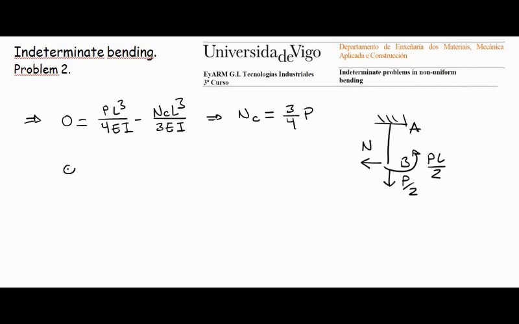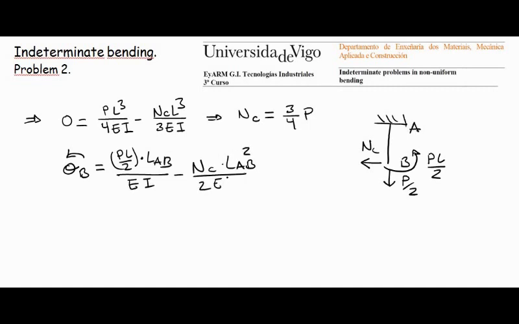So this slope of B counterclockwise is equal to PL squared divided by EI, minus N sub C multiplied by L_AB squared